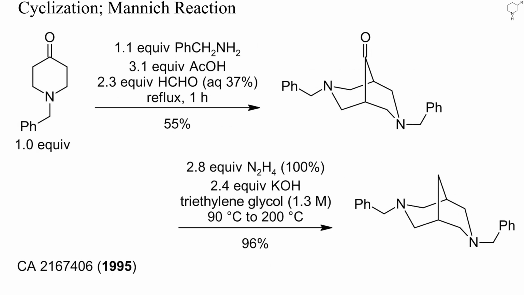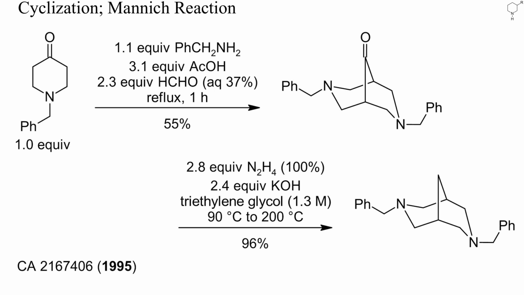4-Piperidinones can be alkylated at position 3, either via ketone enolates under alkaline conditions or with iminium salts under acidic conditions. Here, the latter strategy was used to prepare a bicyclic piperidine. The keto group was then reduced with the Wolff-Kishner reaction. Because bridgehead enolates do not form readily, the strongly basic conditions of this reduction did not fragment the 4-piperidinone by